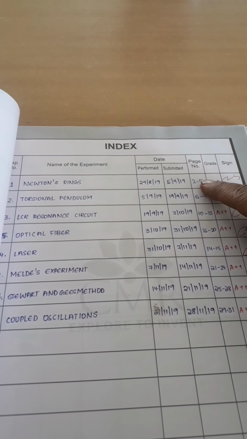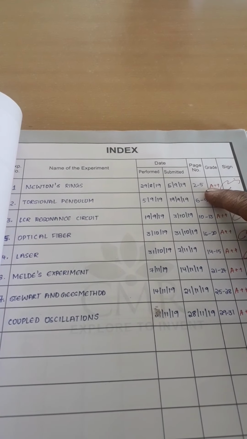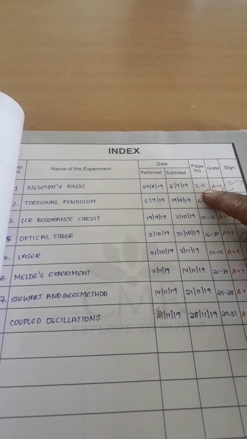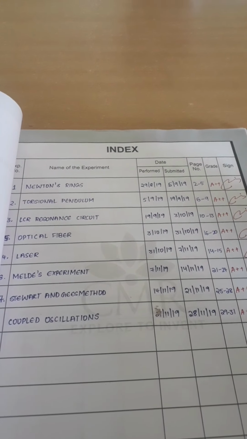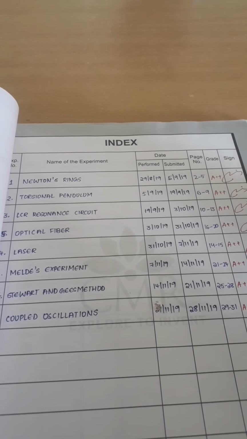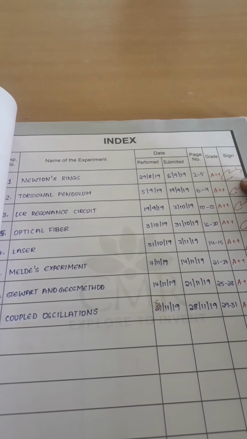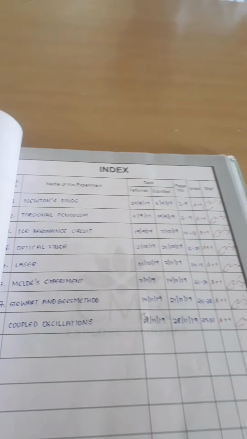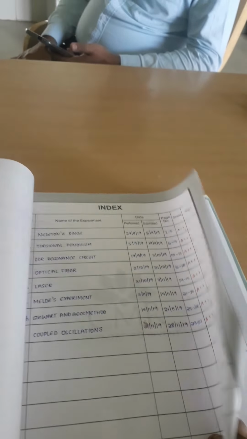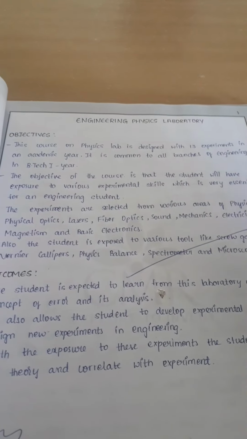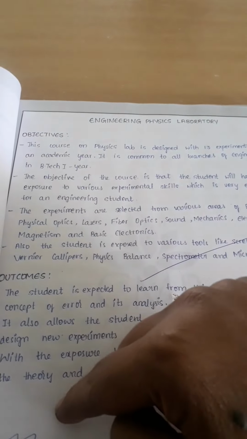And this is a column given for page numbers, where you have to write how many pages you have occupied in the record for that particular experiment writing. And the grade will be given by the faculty, and this is the signature of the faculty. Okay, so let me show you how to start with your record. So this is the first page, wherein you are supposed to write the objectives and outcomes,